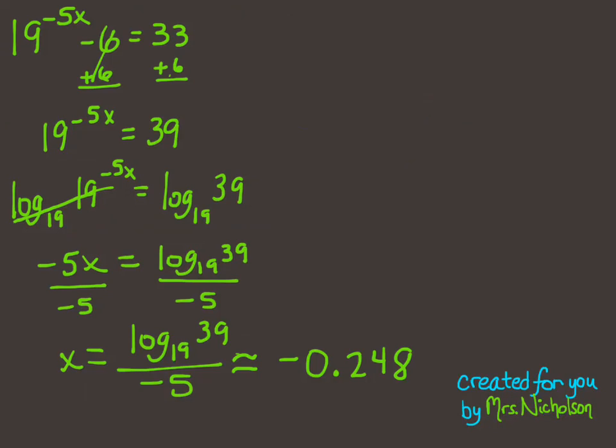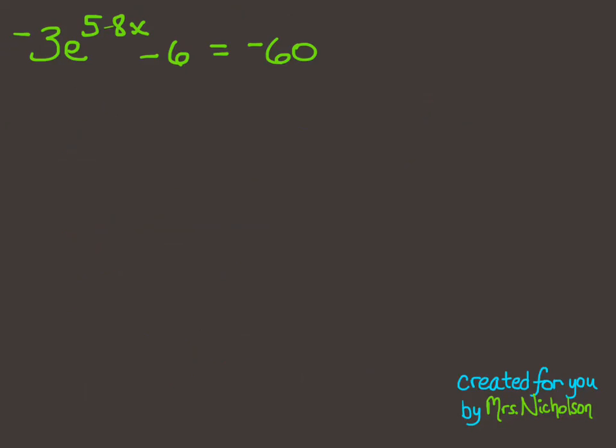Then I had the exponential by itself, and so we take the log of both sides at that point to undo the exponential, and then I have -5x equal to log base 19 of 39. And from that point, divide by -5 to solve for x. We've got one more example,